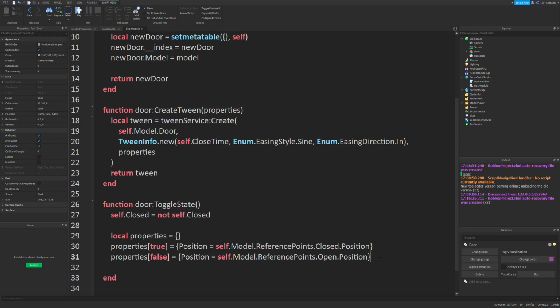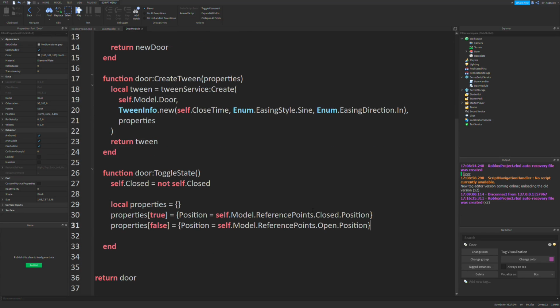So that's where we are getting this from. And so now that we have defined our properties table, what we need to do is create our tween. So local tween equals self create tween. Because we already have a tween function, we're going to send the properties